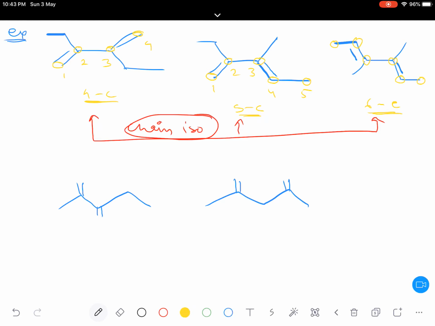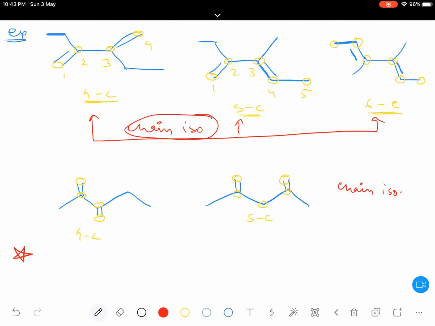Let's talk about that again. If I have to figure out the length of the parent chain in the first compound, let's say 1 2 3 4, that will be a 4 carbon parent chain. Now for the second one, 1 2 3 4 5, a 5 carbon parent chain. So these two, instead of being position isomers, will be called chain isomers. Again, IUPAC nomenclature will play an important role here.